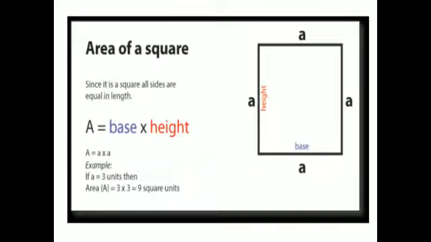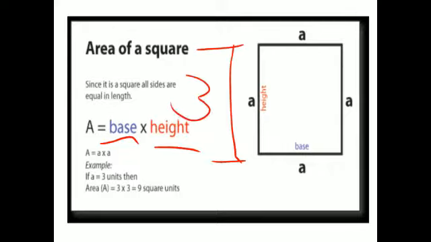For example, if we are asked to find the area of a square, you know, a square is the shape in which all lengths are equal. So we can find the area by multiplying their lengths, base into height. For example, this shape has 3 meter length. So we will put 3 in the formula. We will square it up and we will get the answer 9 meters square.